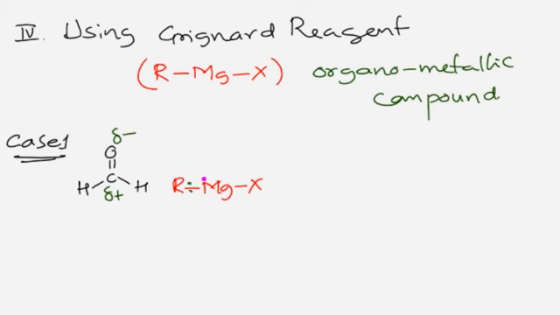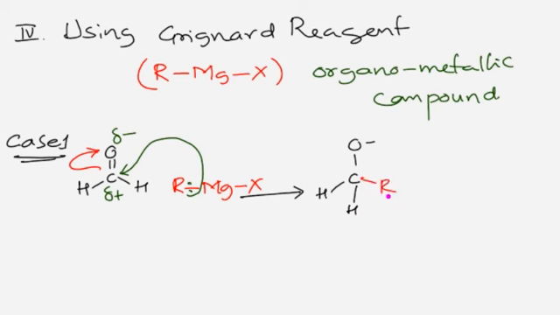So now what happens? The R takes its bonding electrons and migrates towards this electron deficient carbon of the carbonyl group. At the same time, oxygen withdraws its bonding electrons, or pi electrons, and we get a product here. The product is H, C, this becomes O minus, and here is hydrogen which is already present, and then we have the R group. And you can notice that oxygen gains a negative charge, and magnesium also gets a positive charge, and therefore magnesium and X migrate towards the oxygen, that is MgX.